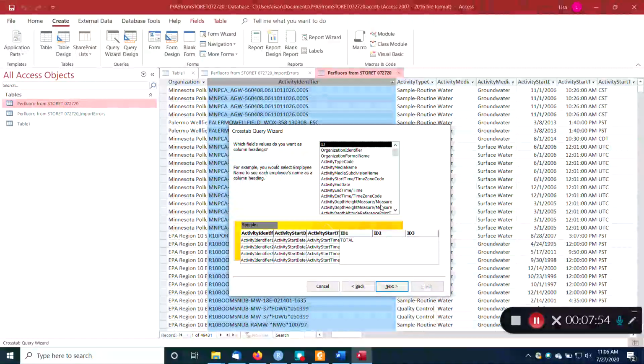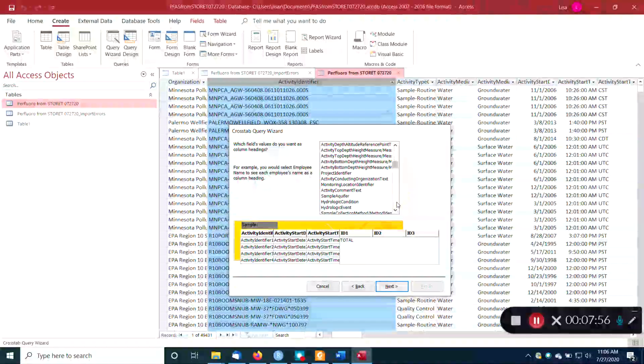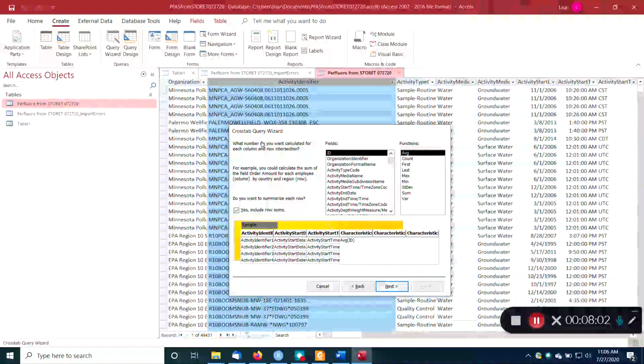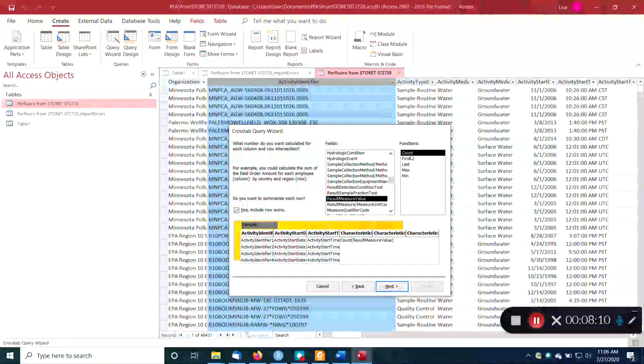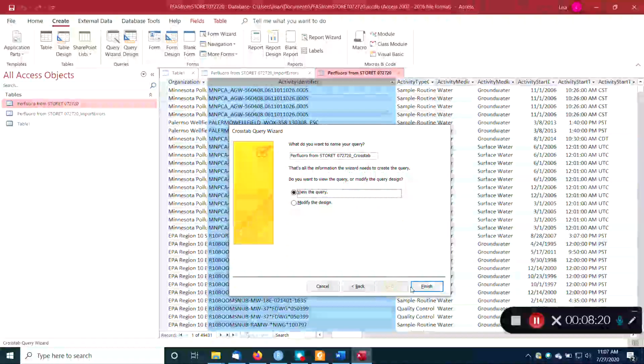So which field's values do you want to be the column headings? I want the characteristic name to be my column heading. And then what number do you want calculated for each column and row intersection? I'd like to see the result. So here's the result measured value. You get a choice. You can count how many of these results there are. You can use the first, the last, the max, or the min. I like to start with counting, and I'm not going to include my row sums. And then if I hit finish,